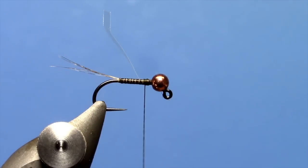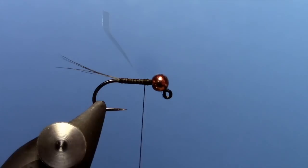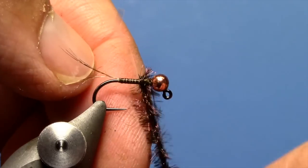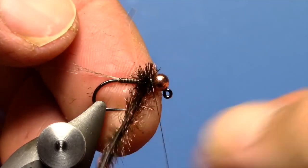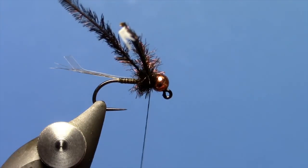And now we'll do peacock herl for a thorax. You could also use a peacock style dubbing here too, like Arizona peacock. But we will take a nice piece of, let's do 2 pieces of peacock herl. I'll trim off a little bit here. Tie that in. Wrap a few wraps to build up a nice little thorax. Tie off your excess. I'll fold those back, get a couple wraps in front, and we'll trim off our